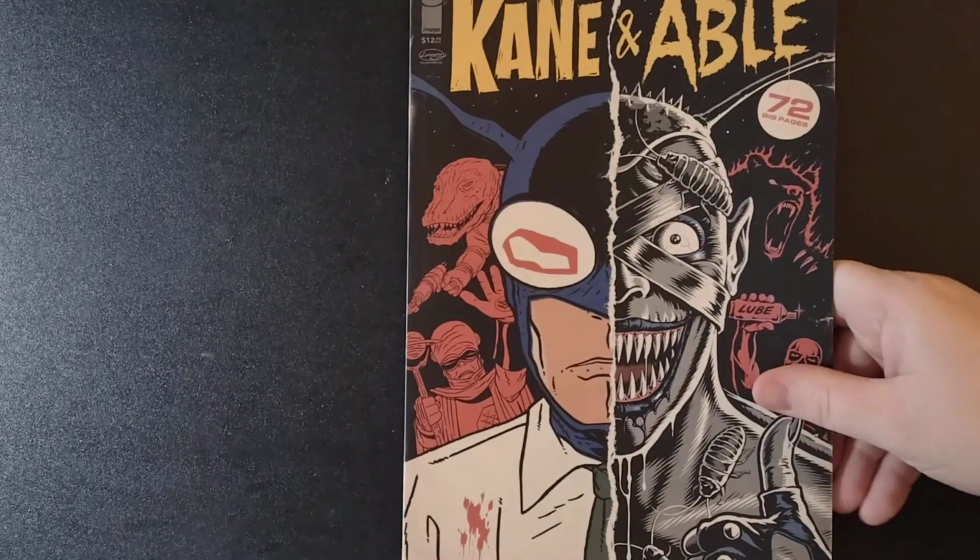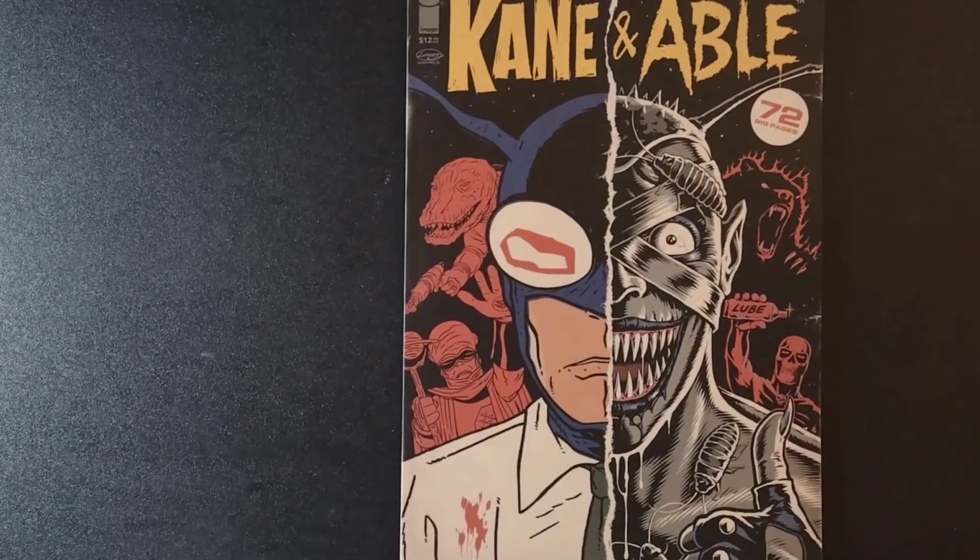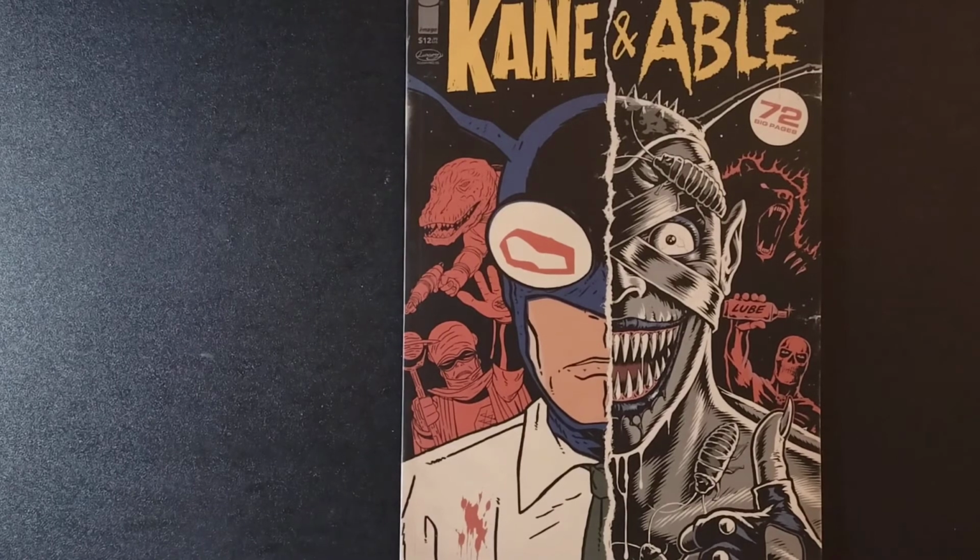Yeah, it's cool. Let's see, what else did I get? Oh, here, I got this stack here. Ended up picking up Cain and Abel. So I was watching Sequential Geeks channel